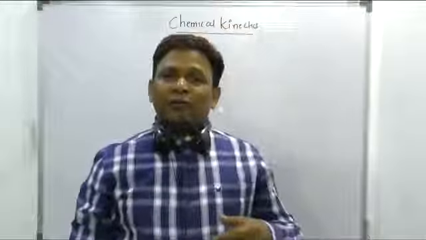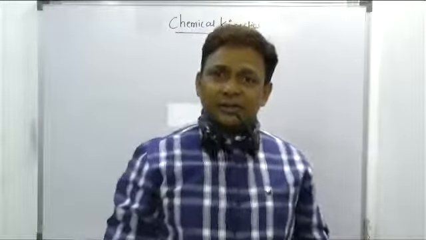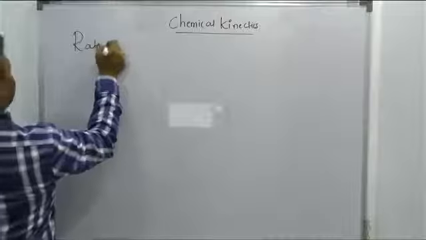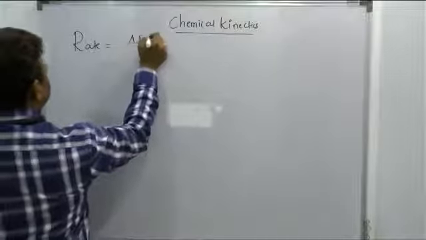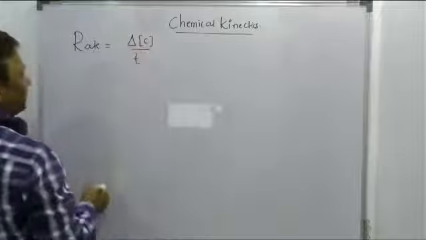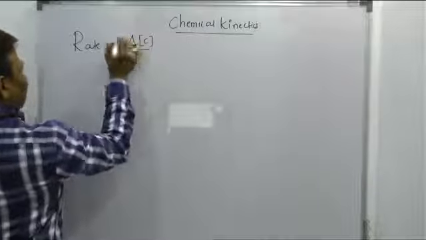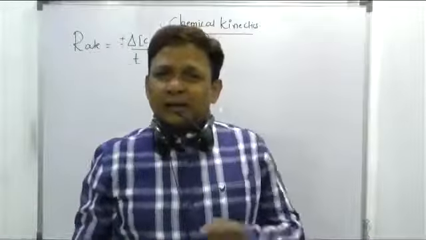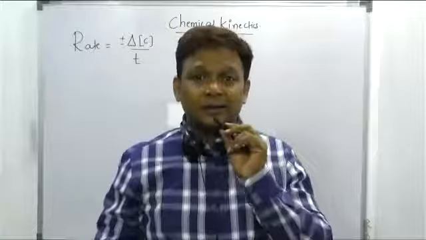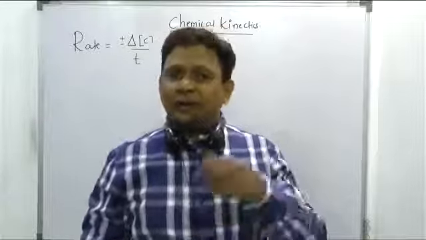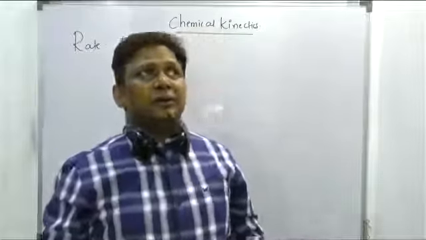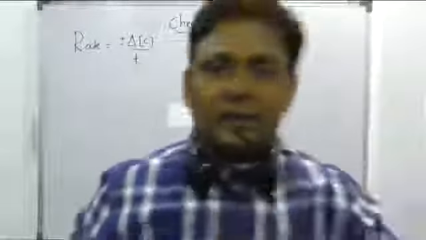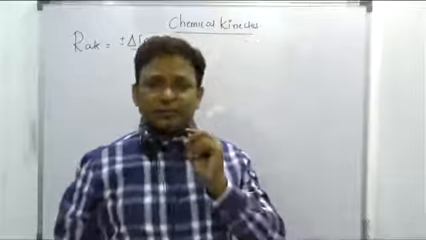Then how to find out the rate of reactions? Rate is nothing but the change in concentration with respect to time, beta. A concentration change means we can write plus and minus. The negative sign indicates a decrease in the concentration of the reactants, and the positive sign indicates an increase in the concentration of the product. Right, beta? Decrease in the concentration of the reactant or increase in the concentration of the product can be shown by the positive as well as the negative sign.